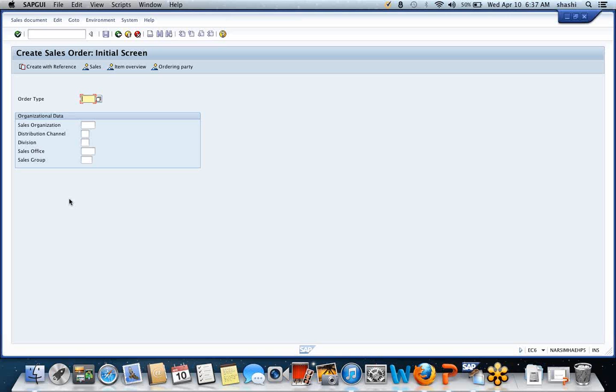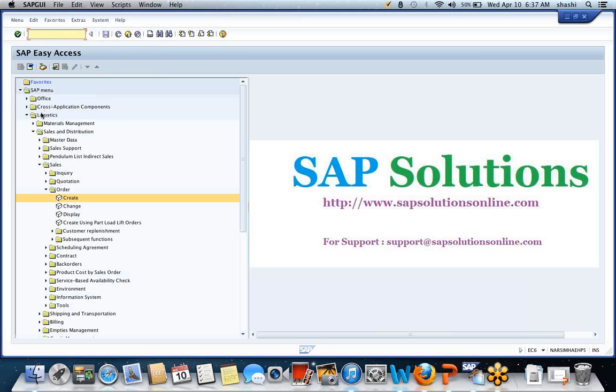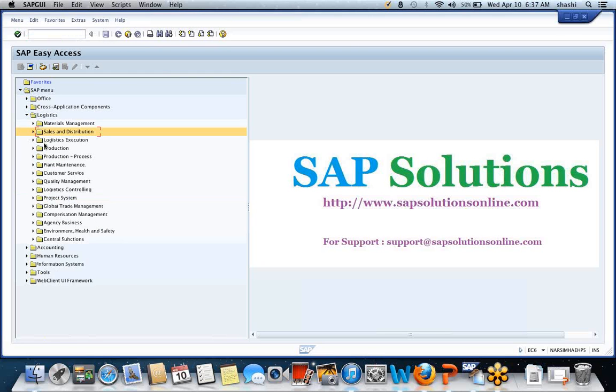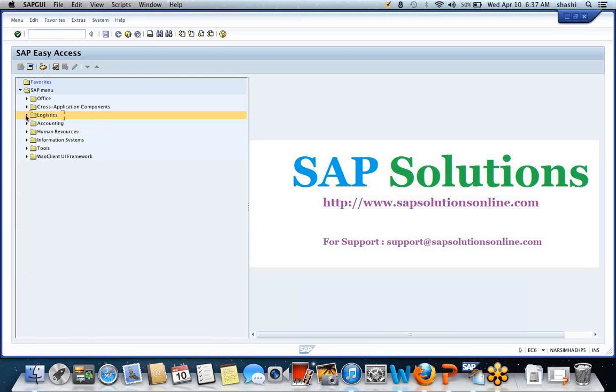So as I said, in SAP, to access anything, you have two different ways. One is to remember the transaction code if you can, otherwise use the menu here. If you see the menu here, you have different menus, but you need to know under what folder it is stored. This is the SAP menu. Also, once you start getting acquainted, there are two different menus. It is the SAP menu, and the other, when I right click on it,